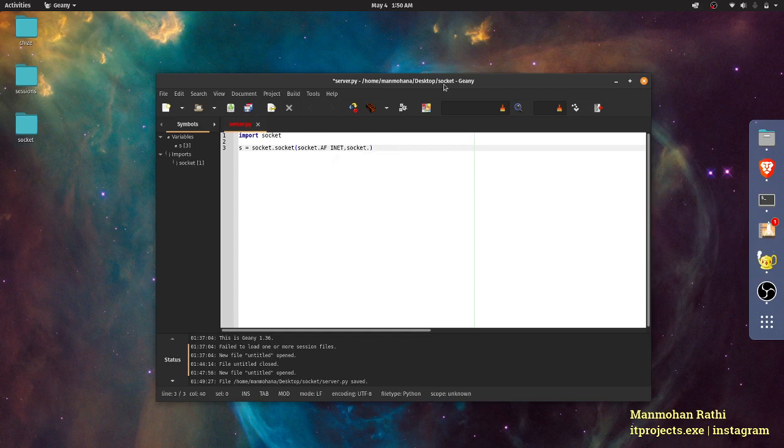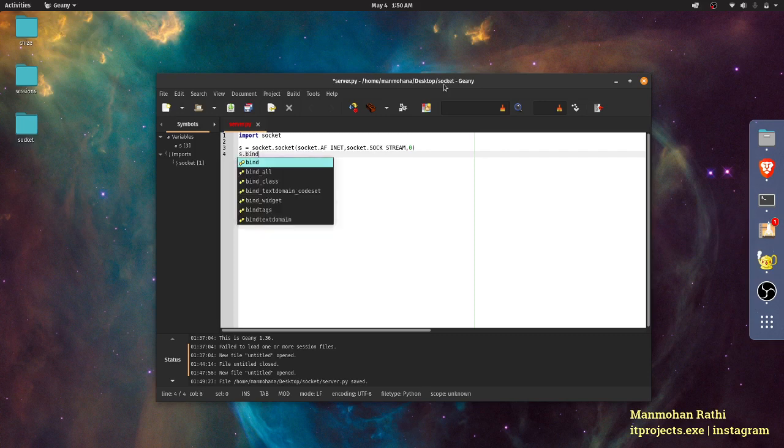Then next we type socket.SOCK_STREAM. Again, this is the default one, no need to make any changes here. Next is s.bind with double brackets, and inside double quotes we type the local IP address, 0.0.0.0, then after a comma we type 5000.